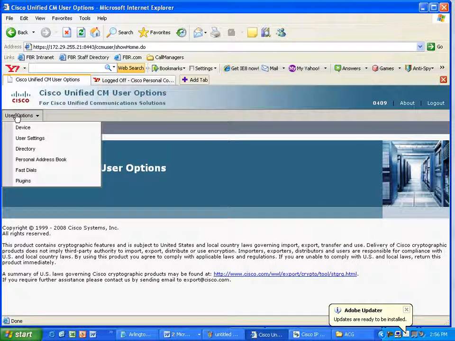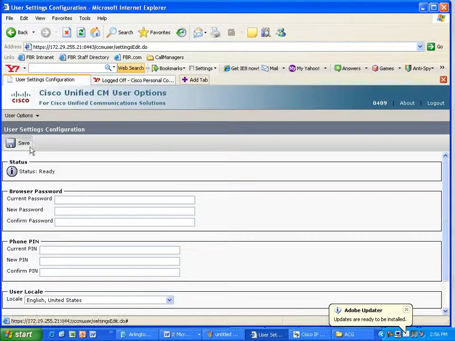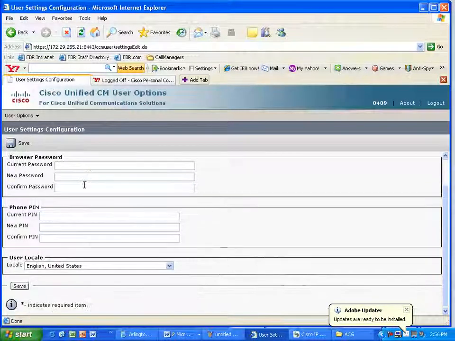You will need to go to User Options, and then if you'd like to change any passwords, you would go to User Settings. Under User Settings, you have a couple of options to change. You can change your browser password or your phone PIN. The browser password is the password that you use to enter into the web page. So, if you would like to change that to something other than 12345, you could do that here by entering